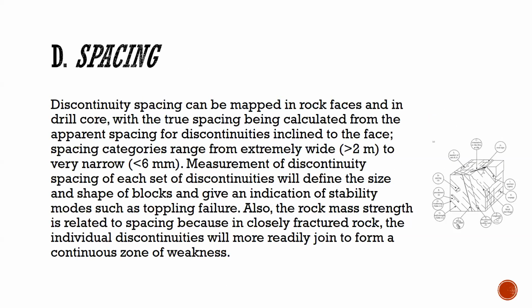But there is a question. You may ask whether what is exposed in the surface may not be the true spacing. Spacing is a perpendicular distance between the joint planes. So whatever is exposed in the surface is not actually the perpendicular distance. So from the joint plane angle, we can find out the actual spacing that we will show.